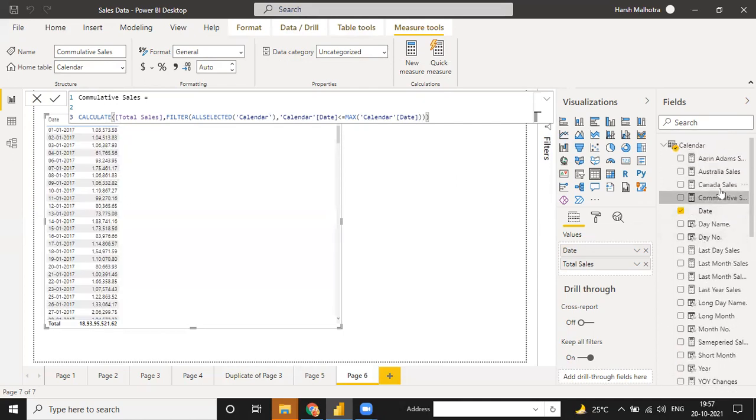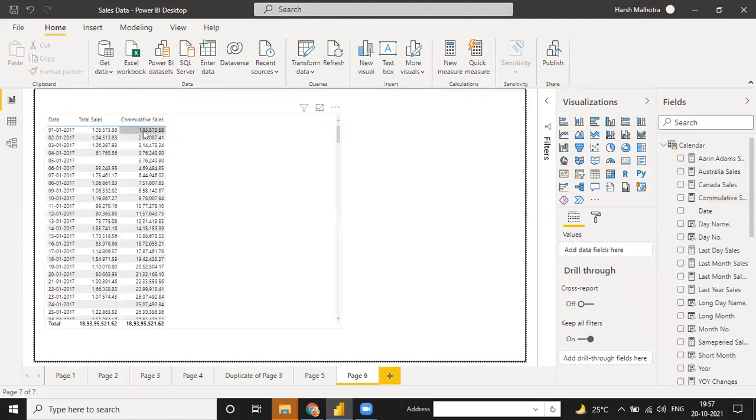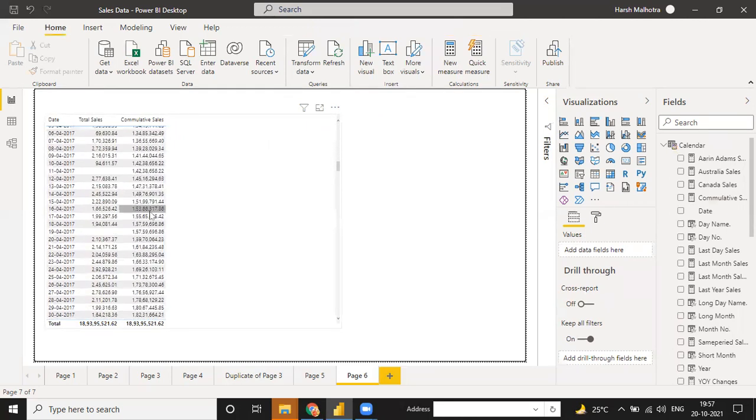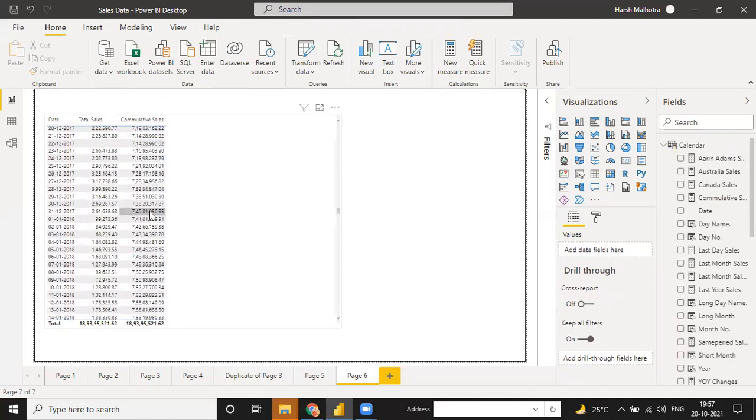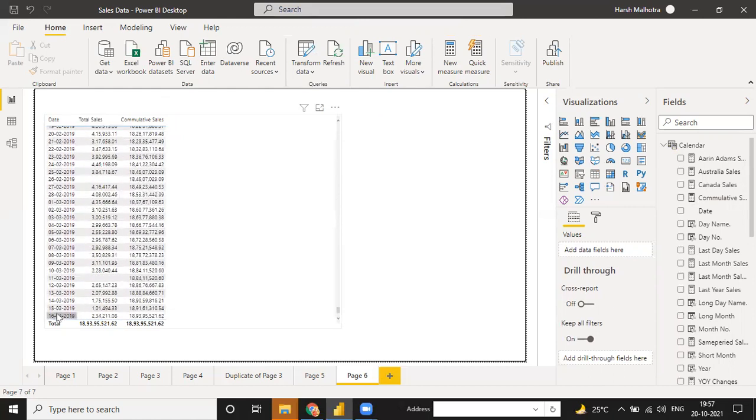It will give you the value of cumulative sales. So where is cumulative sales? This one. Go to this cumulative sales. See, cumulative sales 103, 104, and it is not for one year. When you go down into 2018, see, on 1/1/2018 it will not end. It will not end at 741, and the same way it ends at the end of the date. See, at the end of the date of 2019, it will give you the total value. So this is the function we are using as cumulative.